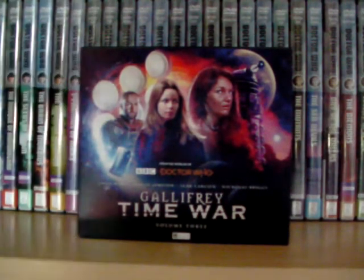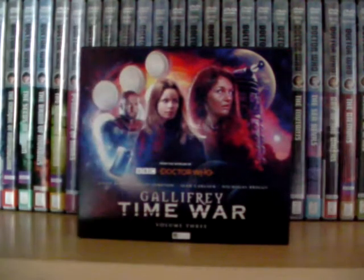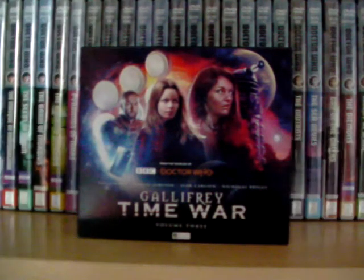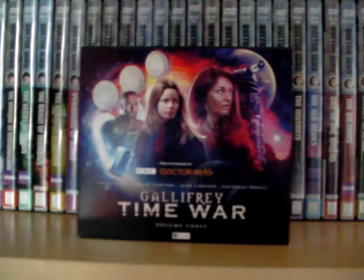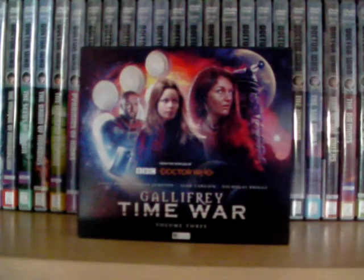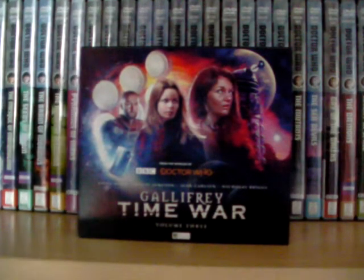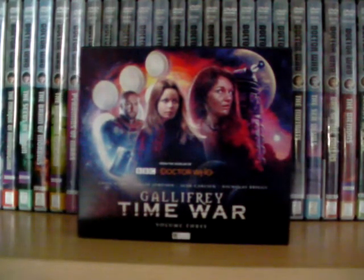circuit. I do like the fact that it feels like the TARDIS isn't a proper glamorous TARDIS. It has been through the war and got battered and bruised, and even the TARDIS they have is sort of on its last legs. There's a lot of other TARDISes here on different docks that they're planning on getting some resources from, which again just adds to that idea that they are running out of resources and that the Time War is catching up onto them, or the futility of the Time War is sort of catching up to these characters